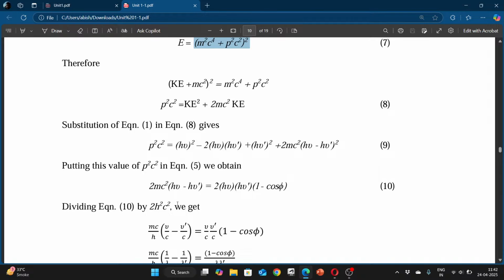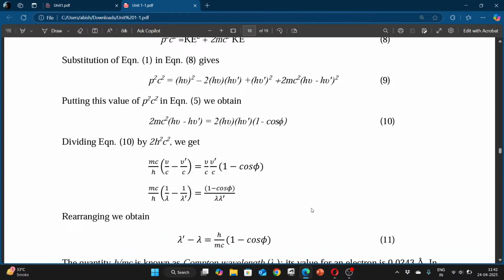सी स्क्वायर दोनों जगह है नहीं, पर इन्होंने क्या ही किया क्यों ही किया मालूम नहीं। तो कर दिए, जो भी है कर दिए, टू एच स्क्वायर सी स्क्वायर से डिवाइड कर दिए। तो व्हाट विल हैपन इज एम सी बाय एच इंटू म्यू बाय सी माइनस म्यू डैश बाय सी इज इक्वल टू म्यू बाय सी म्यू डैश बाय सी मल्टीप्लाई वन माइनस कॉस। ओ भाई, ये कैसे आ रहे, ये बहुत घटिया है। और एच सी बाय लैम्बडा होता है, ठीक है, तो एच सी बाय लैम्बडा उधर दिख रहा है, तो सी बाय लैम्बडा हो गया वन बाय लैम्बडा सी बाय बी।